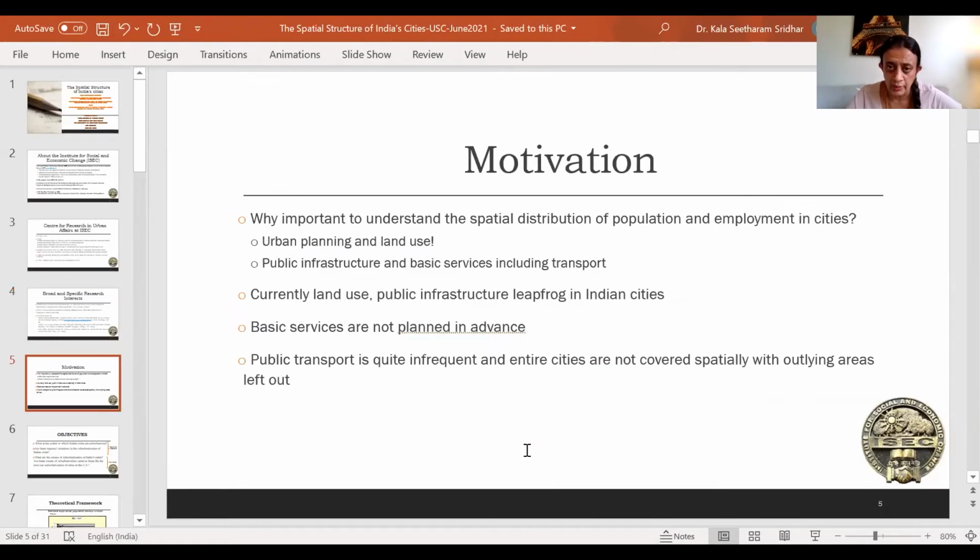co-authored book. So now coming to the actual research which I'm presenting here today, the motivation for this work is to understand why it is important to examine the spatial distribution of population and employment in India's cities. And the most important reason for this is urban planning and land use, right? And I don't know, Professor Green has visited India many times, so I don't know how much of India